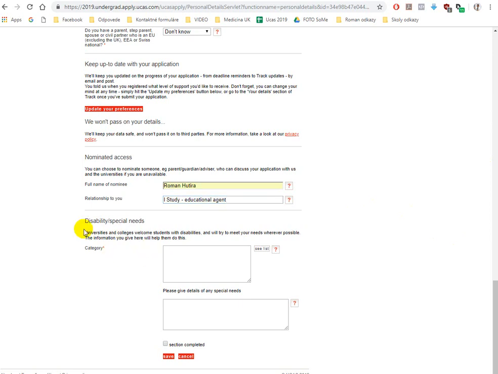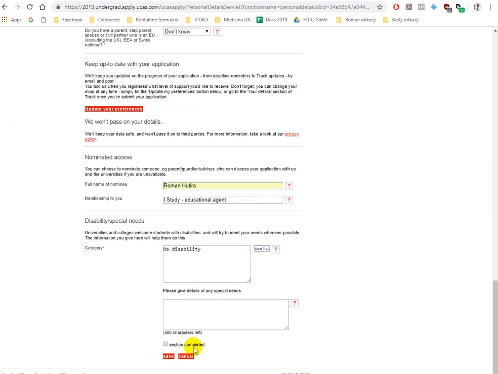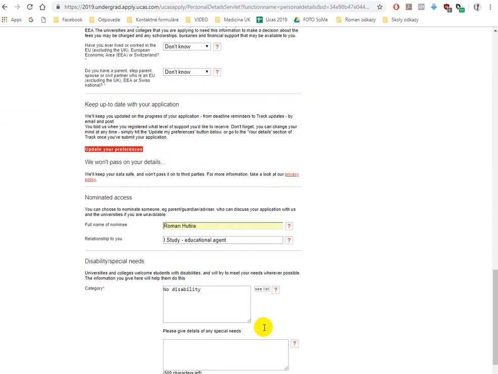Alright, let's go through the next section. It's disabilities or special needs. Please read carefully if you have any of those disabilities, or if you need some special needs. Most people will press no disability. Every time